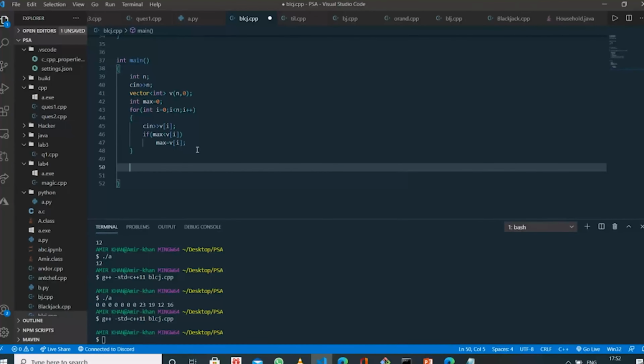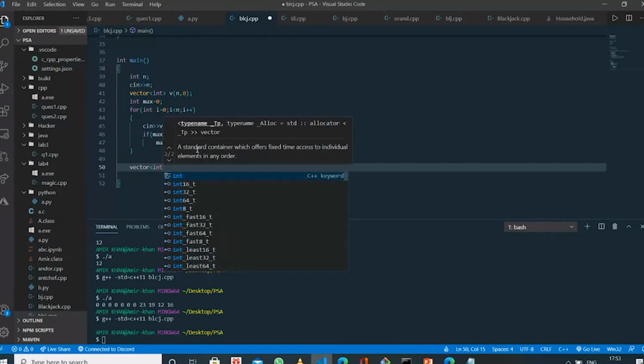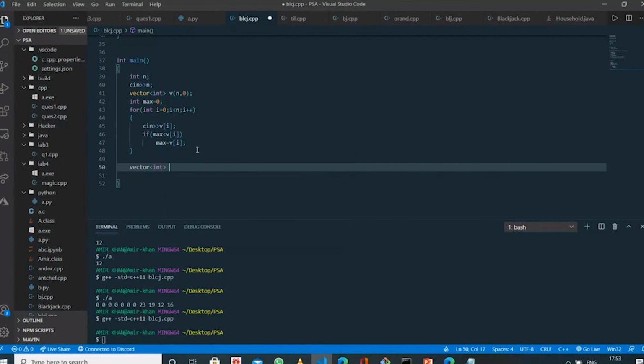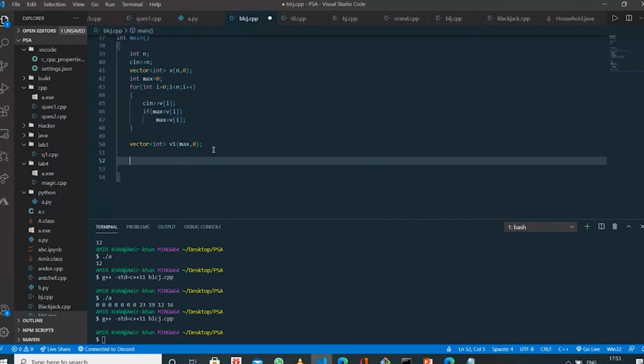Again, we will make a vector v1 and initialize it with maximum plus 1 zeros.